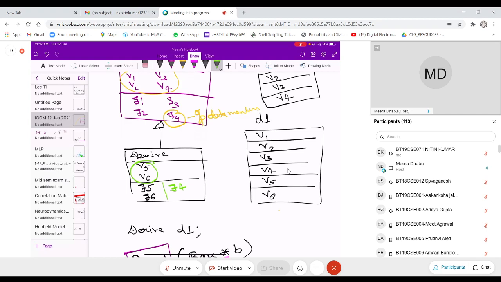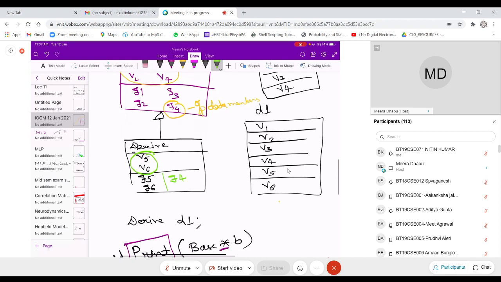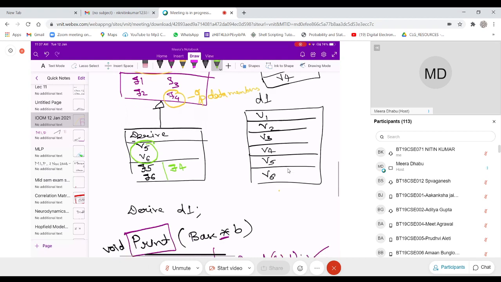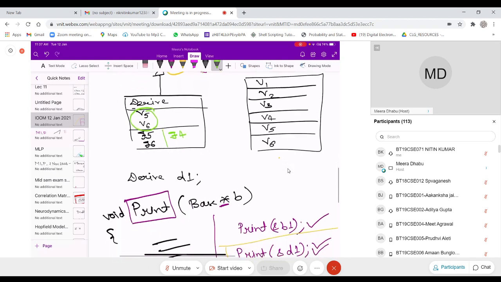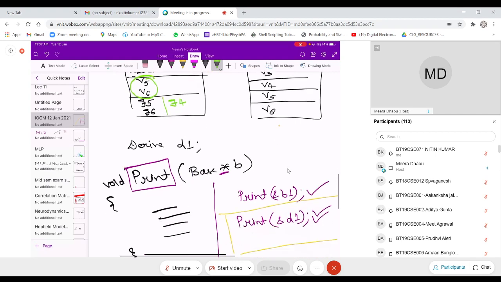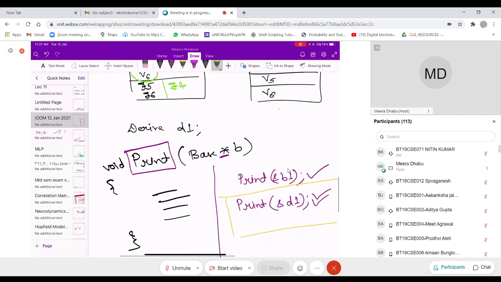Fine, but now if you look at this print, assume that inside the print, it might be invoking b f4.